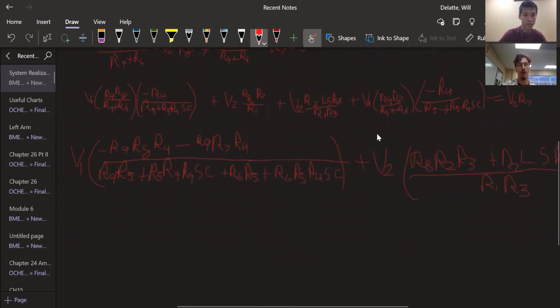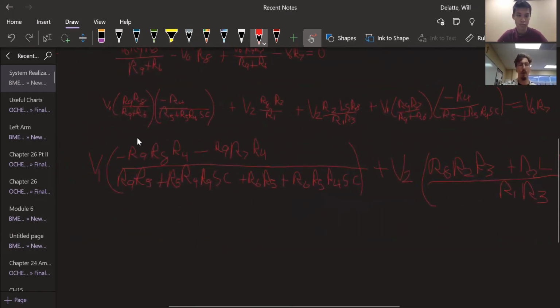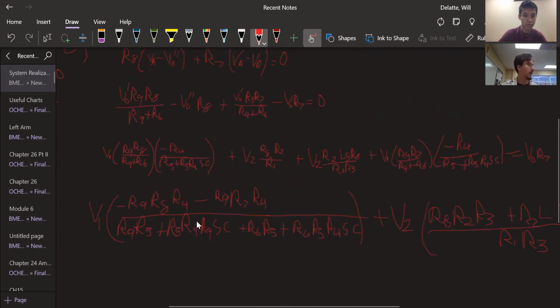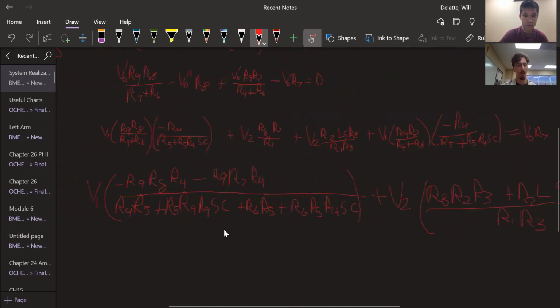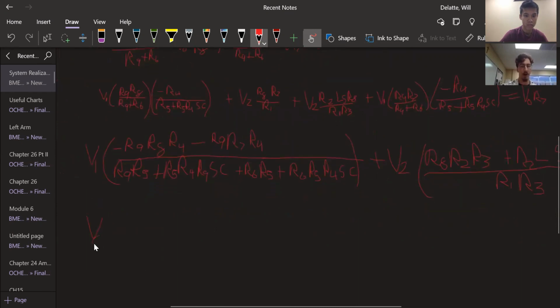So this is almost what we want. Our little problem here is that this is a difference op amp, and I'm not seeing a difference here because I see an addition sign. So what we're going to want to do is just pull out our little negative sign here, swap this around, which will give us our beautiful final answer. Once we also remember to distribute our 1 over R7 over here, it will give us a final answer of V out equals, remember that V out's by itself, so this is kind of our final run here,